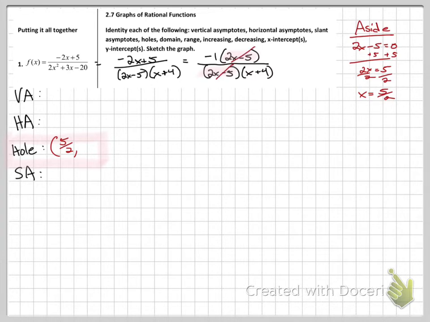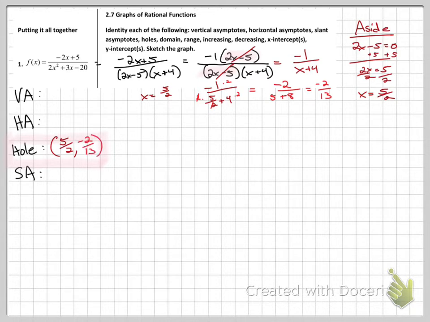So now I can cross these out. I remember that they're part of my hole, and I can write what's left. So if I know x equals 5 halves, -1 divided by 5 halves plus 4. Easiest way to deal with this is to multiply everything by 2 to get rid of the 2 on the bottom. Make sure you multiply everything. -2 over, these 2 cross out, 5 plus 8, -2 over 13. So my y value is -2 over 13, and my point, my hole, is 5 halves, comma,